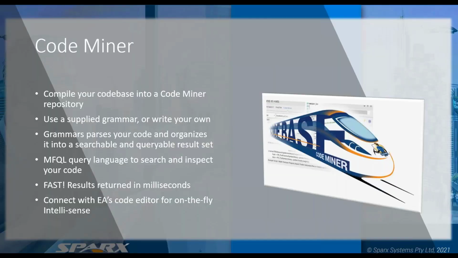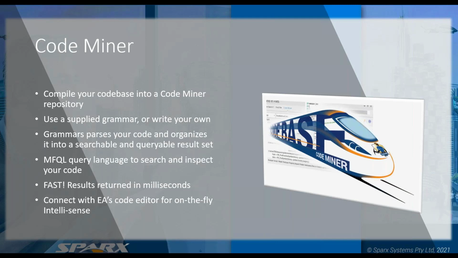The code miner, stepping into, or back into the programming and development side of Enterprise Architect as an IDE. So the code miner has been given a really big beef up with version 16. It effectively allows you to scan and analyze an entire code base, to build up a dictionary and a list of what you have contained within your code. So what methods you have, what operations you have, what parameters you have, etc., etc.